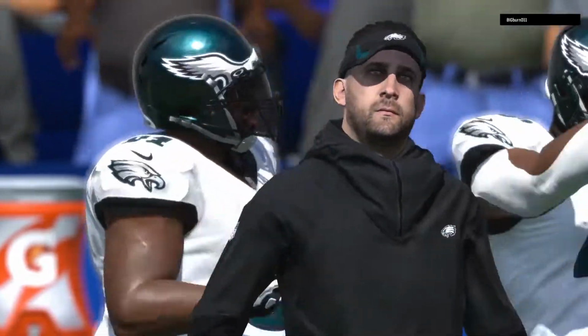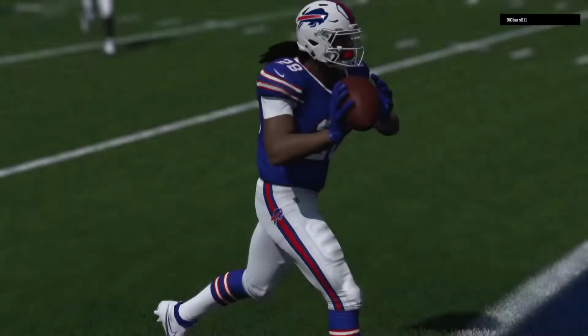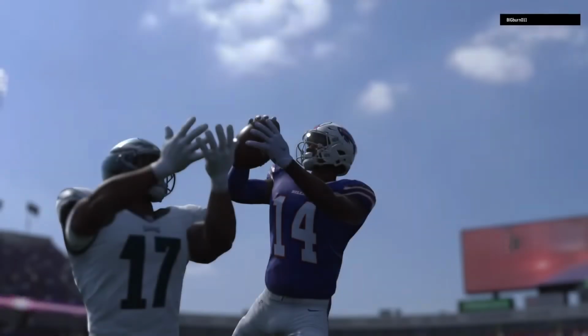Certainly not the highest of scoring games, Charles. Their offense did some okay things. Not a lot of points on the board, but enough for the win with how their defense was playing in this one. Yeah, they certainly brought their A game, didn't they? They weren't fooled by anything that was presented to them from start